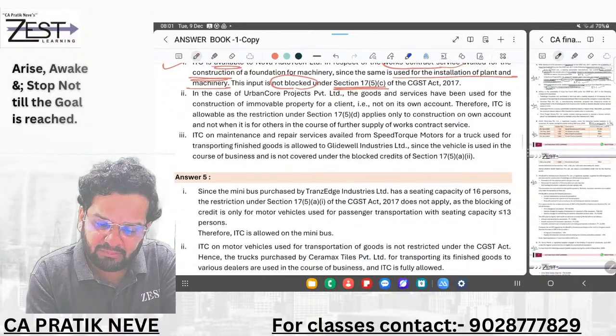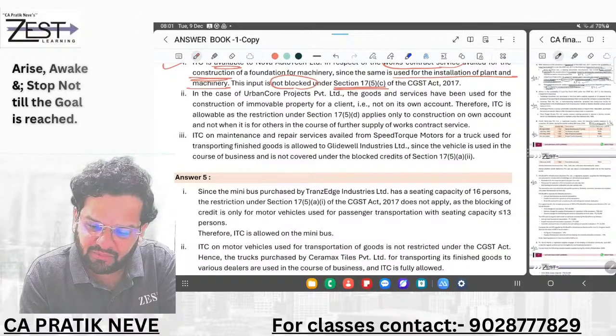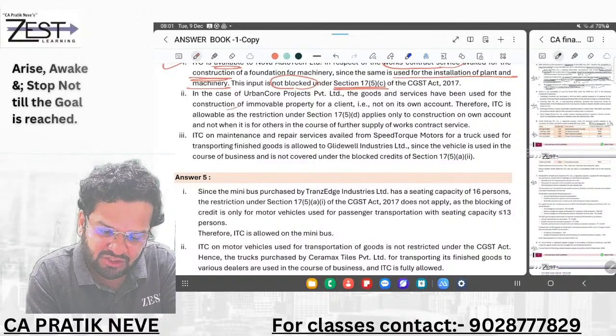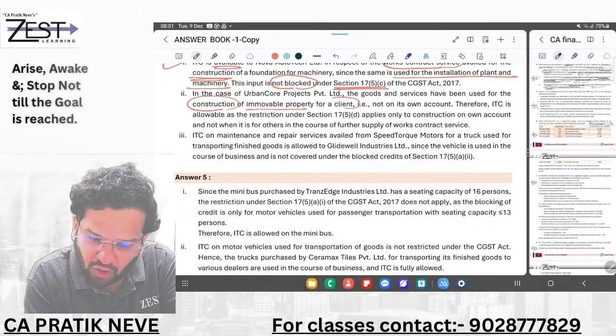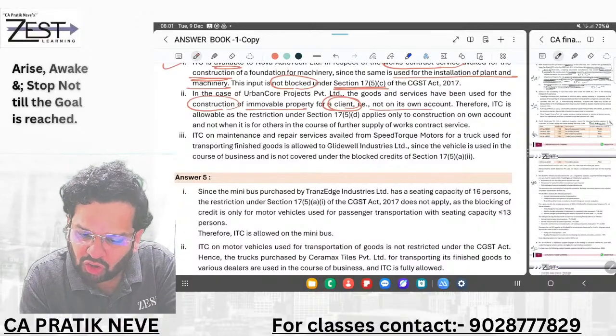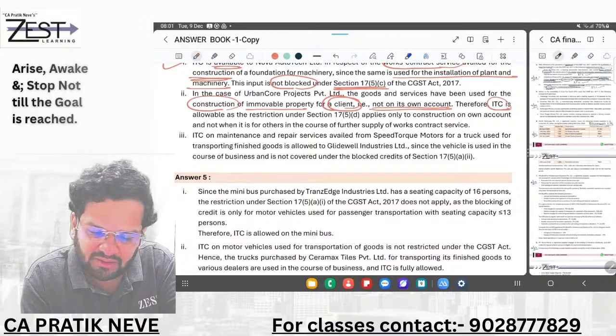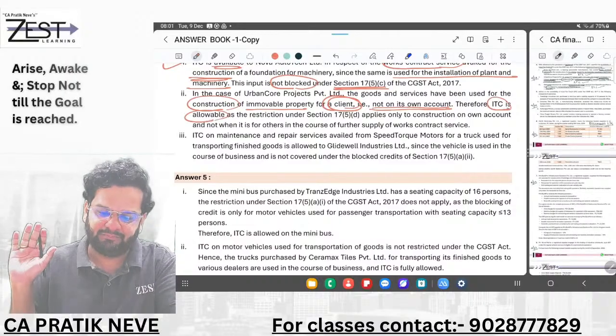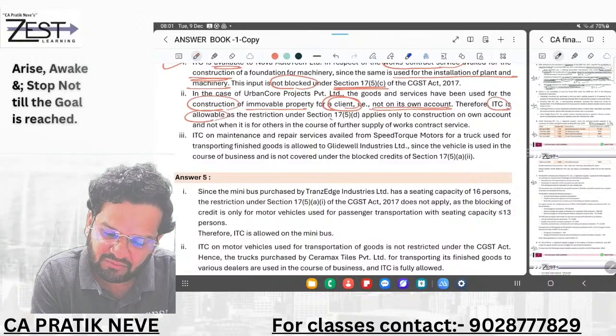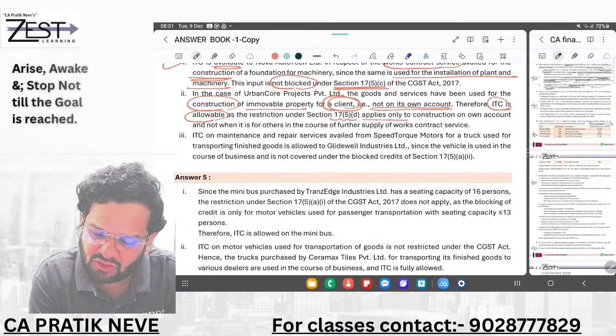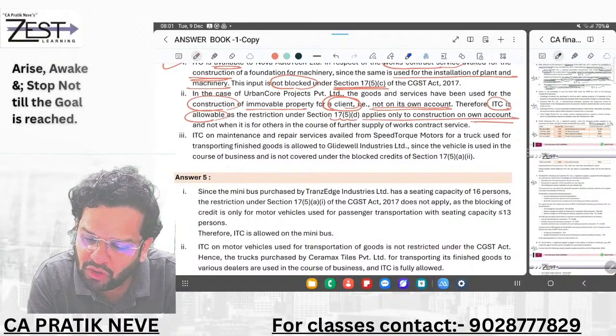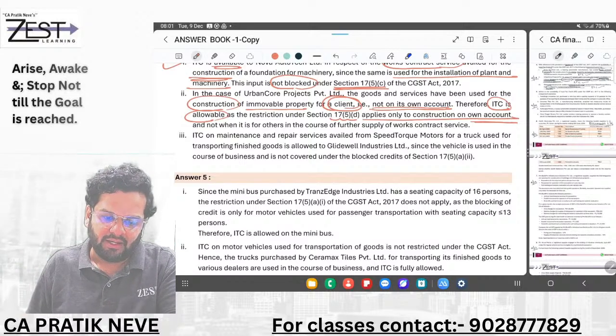Then Urban Core Projects Private Limited: the goods and services have been used for construction of immovable property but for a client, that is, not on its own account. So ITC is allowable, as the 17(5)(d) restriction applies only to construction on own account